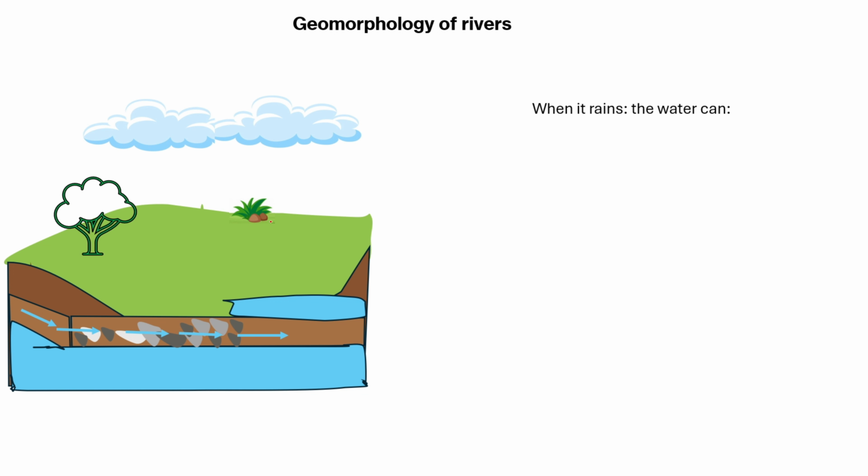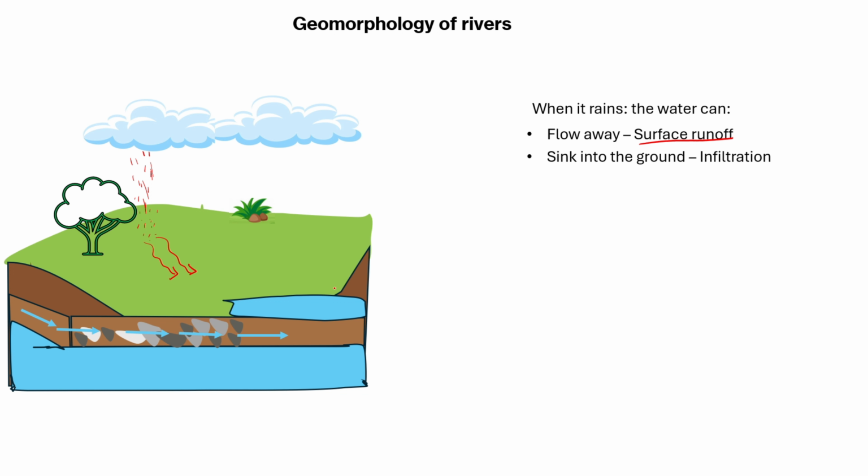Remember that when it rains, there is precipitation, which is rainfall that is coming from the clouds, and it is going towards the surface of the earth. When it rains, the water can flow away from where it rained. Let's just say, for example, this is the water. It has reached the surface of the earth. It can choose to flow away. When we say that the water is flowing away from where it started raining, that is known as surface runoff.